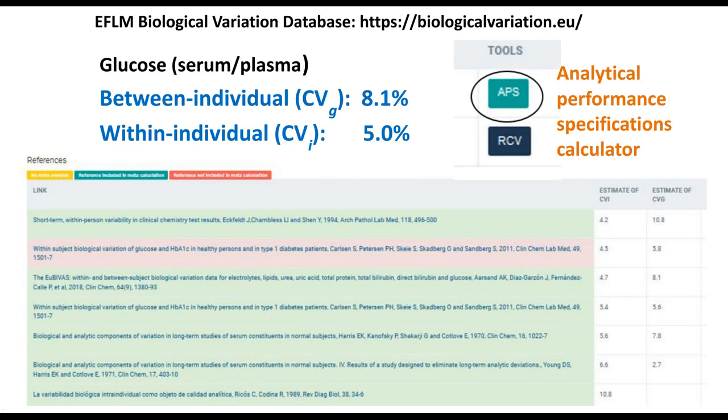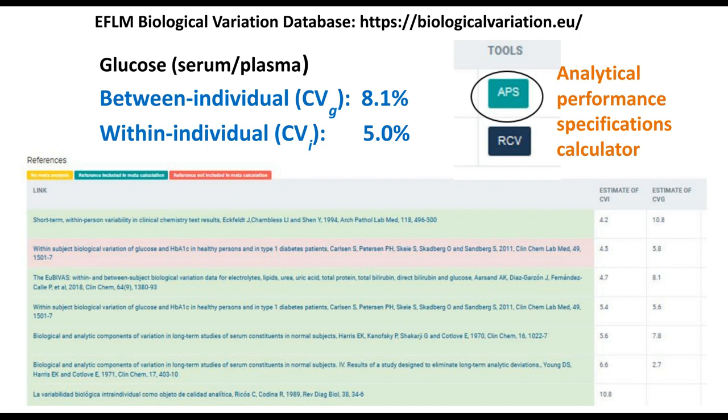So this is an example of where to find biological variation data for the purpose of establishing the allowable total analytical error for an assay. You can visit the EFLM Biological Variation Database. So I've shown the URL at the top of the slide. Here I've searched the database for serum glucose. The database provides estimates of biological variation from a meta-analysis of published studies. So when you search the database, you can see the references. You can see them there at the bottom of the slide. And those are the studies used to perform the meta-analysis that derives the biological variation data.